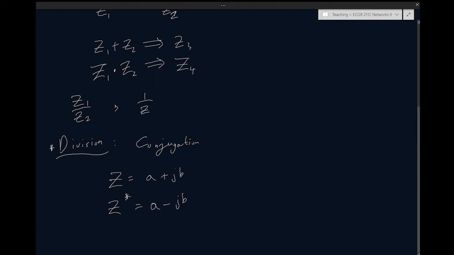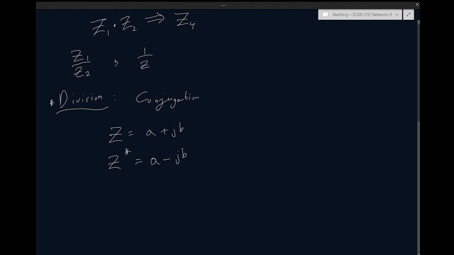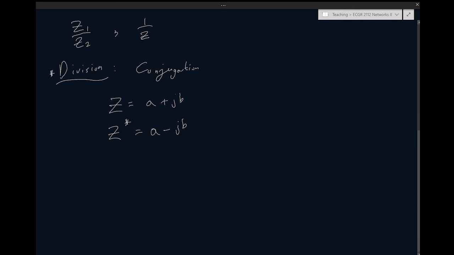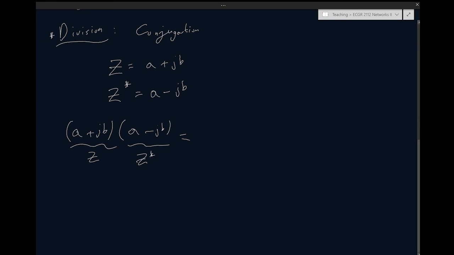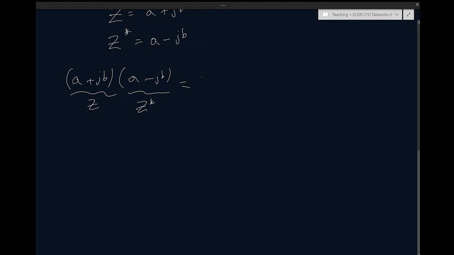Why am I bringing this up in terms of division? Well, conjugation has a very unique property. If I have any complex number, a plus jb, and I multiply that number by its conjugate, a minus jb, so this is z and this is z star, and I apply the rules of associativity, commutativity, and distributivity, then if I do this multiplication, I end up with a squared,